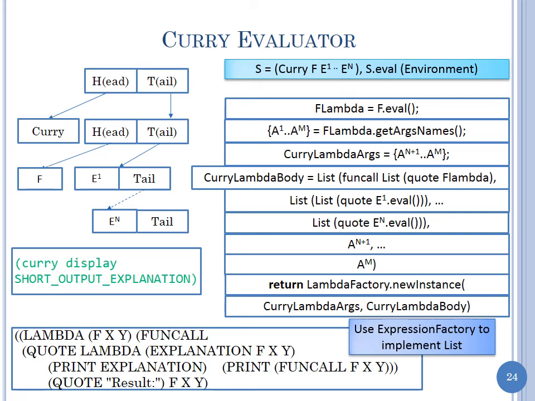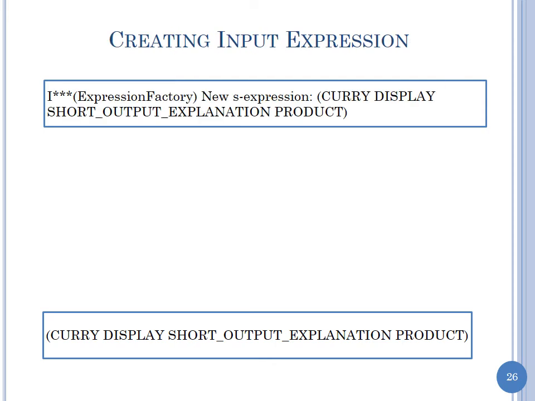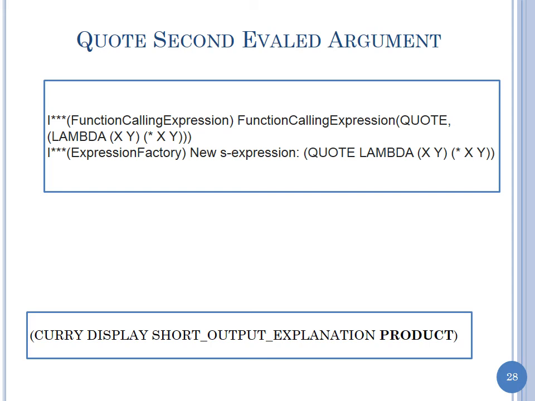And this list, I'm using a list function here that you'll have to use expression factory to go and actually create the expressions. Okay, tracing currying. Okay, I've got to put that code everywhere now. So we get this input expression. We go and quote the result, okay, and we are doing left to right evaluation. So we first quote the first argument, then we go and quote the second argument, okay,